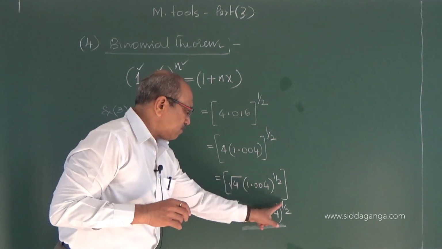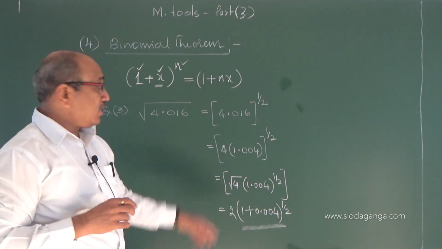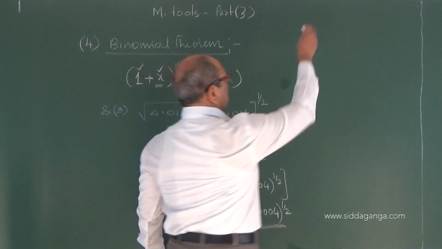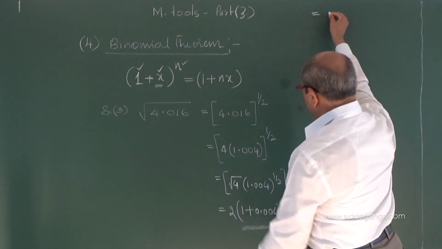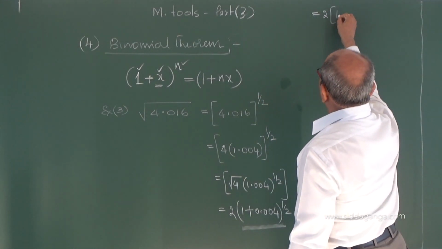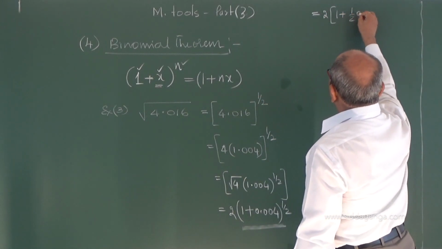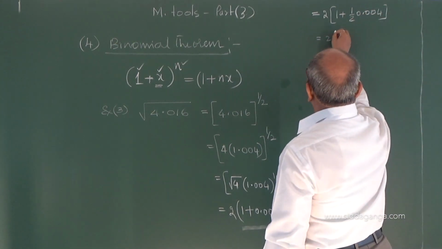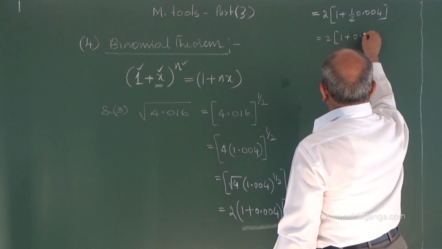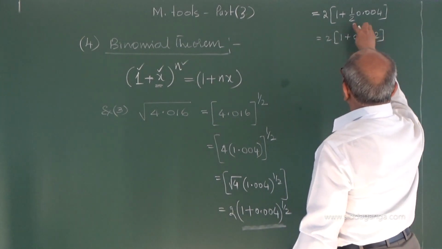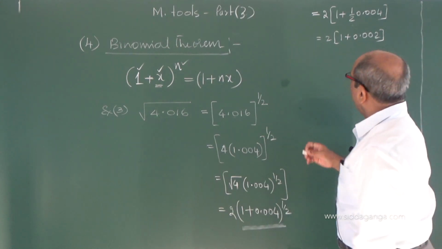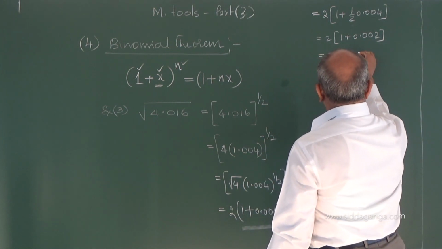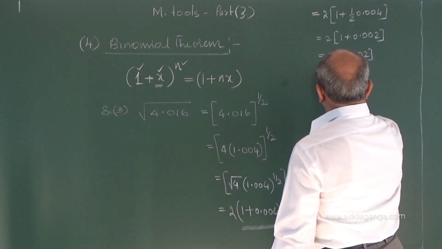1 plus x to the power n. Now I can use this rule and write it as 1 plus nx. What did I get? I will get 2 into 1 plus half into 0.004. That is 2 into 1 plus 0.002, dividing by 2. And this becomes 2 into 1.002, which leads to